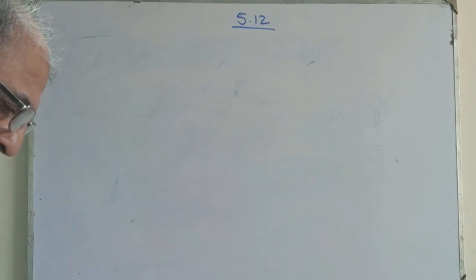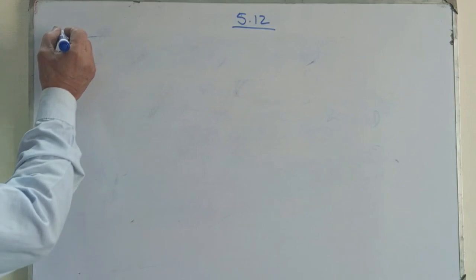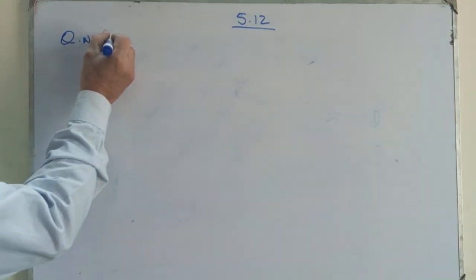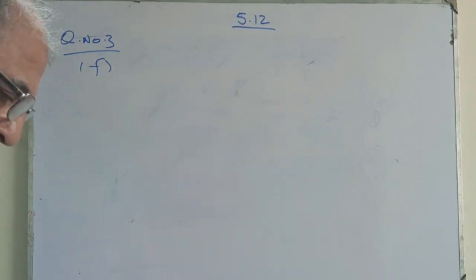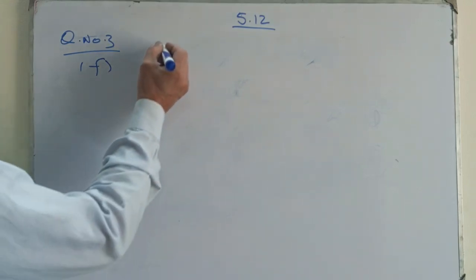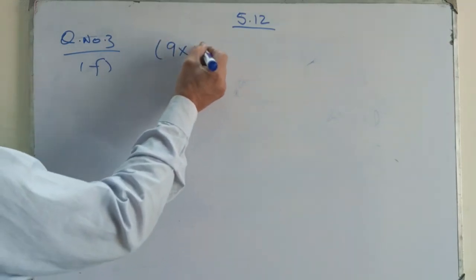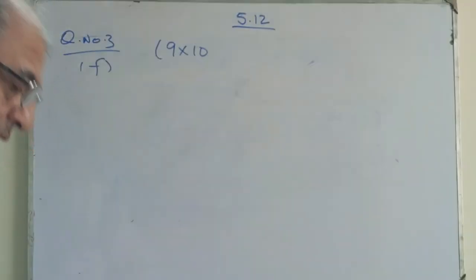Now we have already discussed the multiplication of the scientific notations or standard forms. Now we were in the middle of question number three. I'm going to do part F, because this is the first part of the division of the scientific notations or standard forms. Now the question is 9 multiplied by 10 raised to power 17,